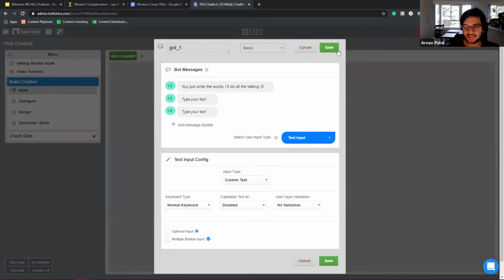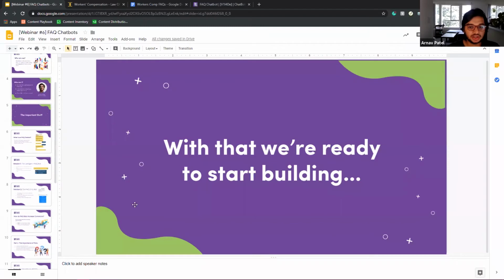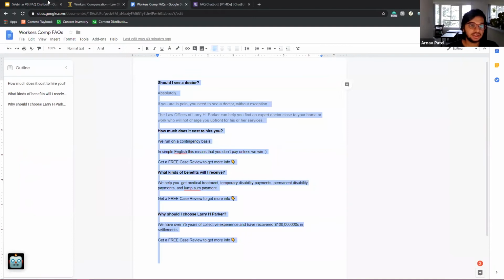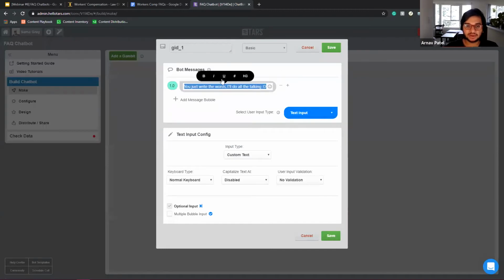Now, in this case, if you remember from my slides over here, what we are going to do is create a version 1 chatbot because this is more versatile. You can use it in a conversational landing page, and you can also use it in a regular chatbot widget on your website. So a version 1 chatbot captures leads and it answers FAQs. So now in most lead gen chatbots, especially if it's a conversational landing page, the first gambit that we always try to use is a